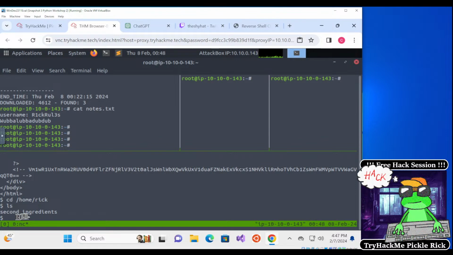Does anybody know how to read this file right here? Because you can't read it normally because there's a space in the file name. What do we do to access this file? So say we wanted to cat